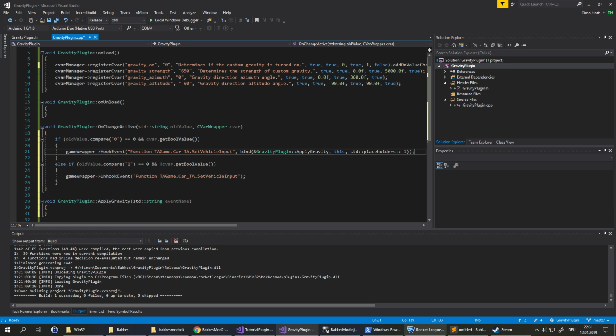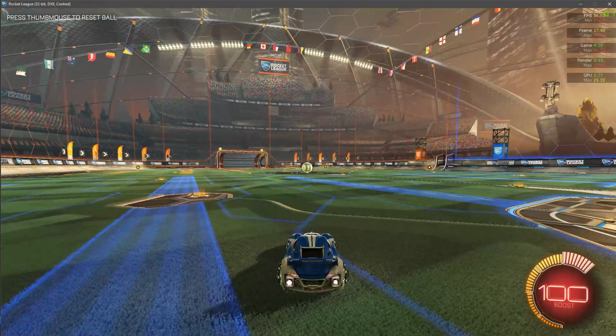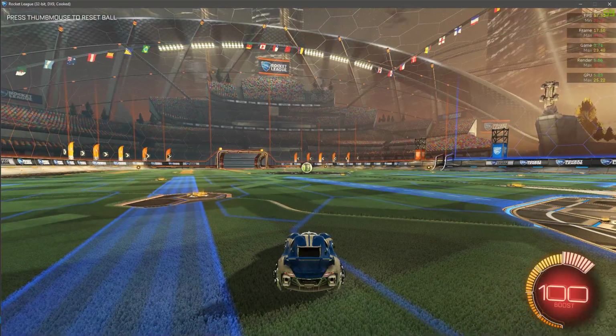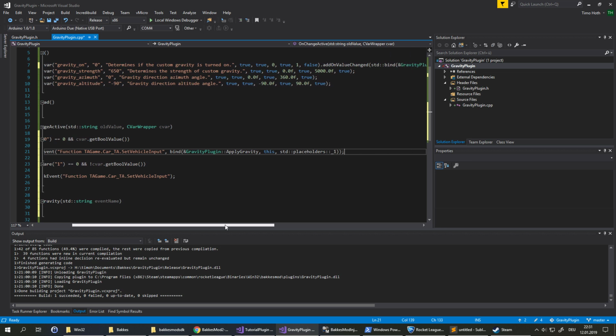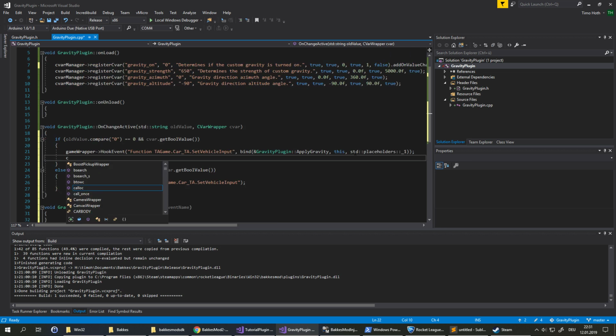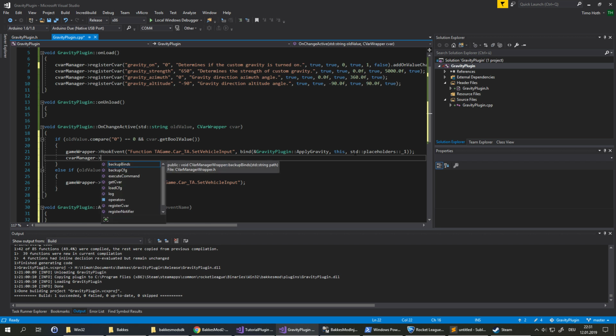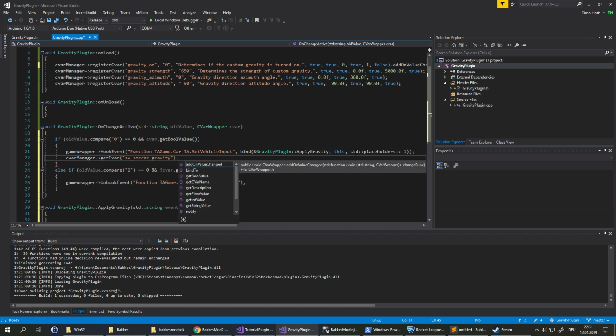We need one more step though, because obviously Rocket League has gravity by default. And if we want to create our own gravity, we want to turn off the default gravity. And the easiest way to do that is to just use the BakkesMod commands, which you can call right here. So we can use the cVar manager, and I believe we use get cVar, and then we use SV soccer gravity, which is the cVar for this. And then we can do change value, or something else, set value. All right, set value. And then we can set it to 0.0001